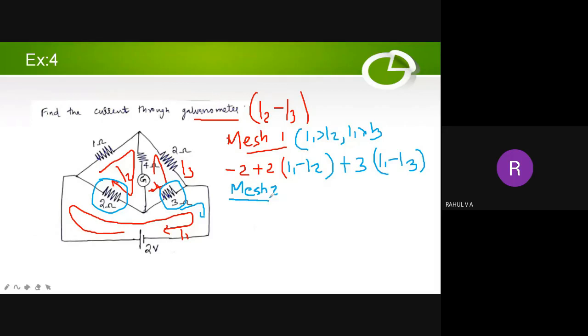So there is no voltage source here, so no need to apply any minus sign. So directly you can write 2 times, if you consider this. Okay, 2 into I1 minus